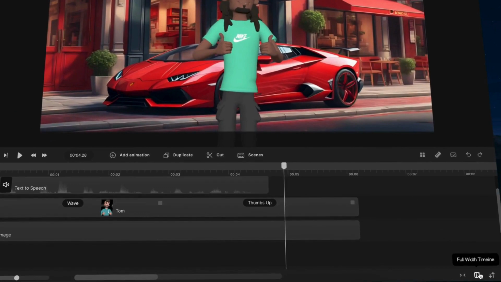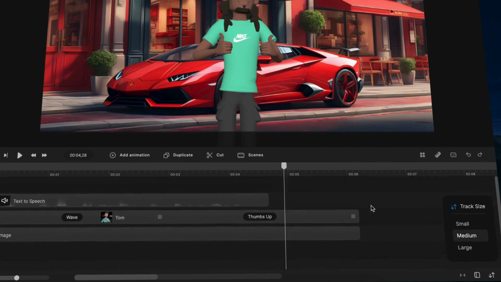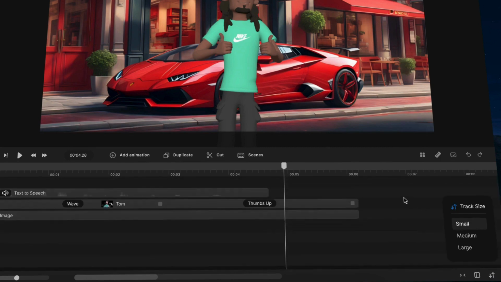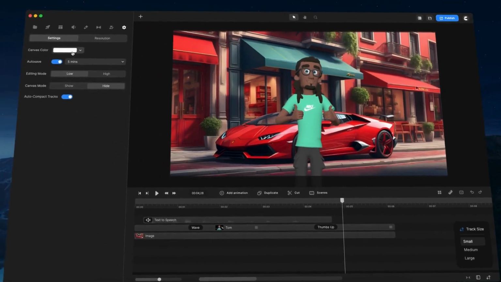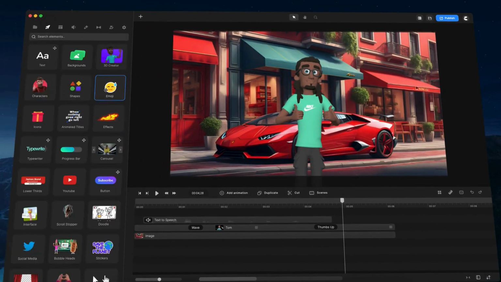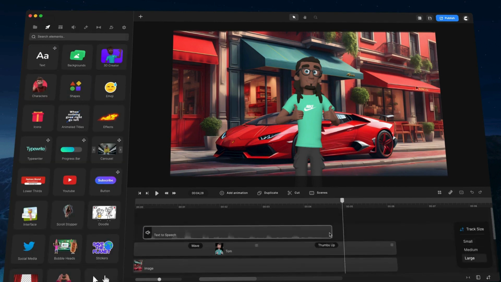You'll be able to go ahead and adjust the track height. So if you want it to be smaller, you can go ahead like so and make it really small like this. You can go ahead and do that as well. If you've got tons of elements, then this is a great way to basically minimize your timeline. Now I'm going to go back and make it large. Large is the best if you're going to be doing animating